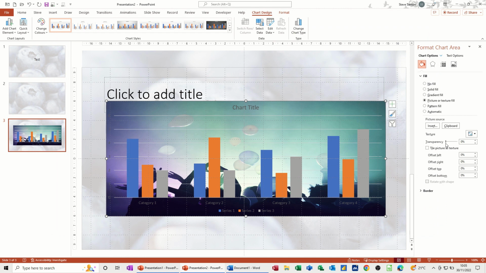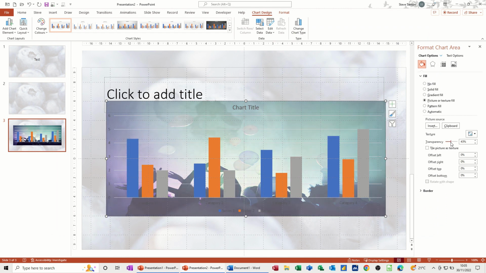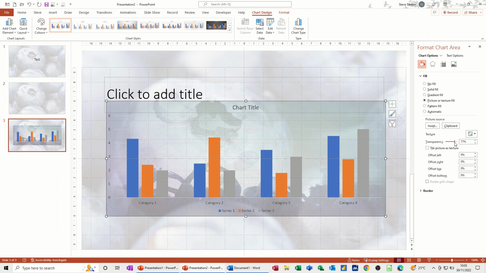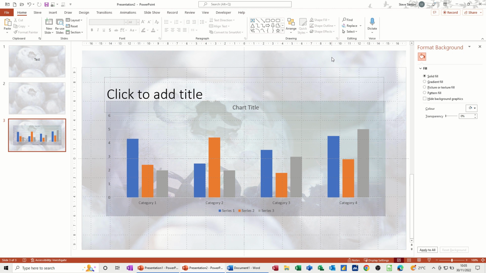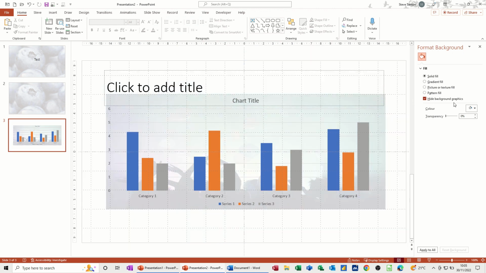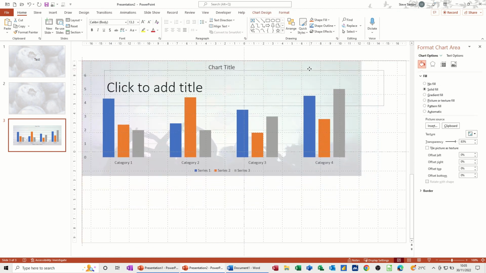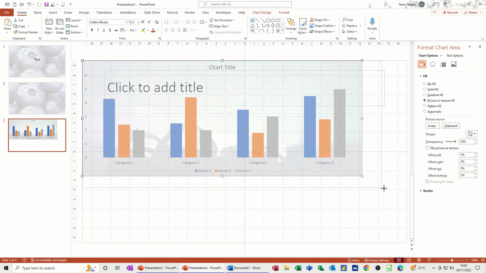And again, you've got the transparency option to fade this out to make it as a watermark, and just take it steady as you take it back, and then that sits there. As long as you can see the actual information, that's the key thing. That's just the background. Now I've got the background slide on here. I've clicked onto the slide, so on this particular one I don't want that background, so I've clicked hide background graphics, and I'm just going to push this up to the top maybe, and just make it a little bit bigger